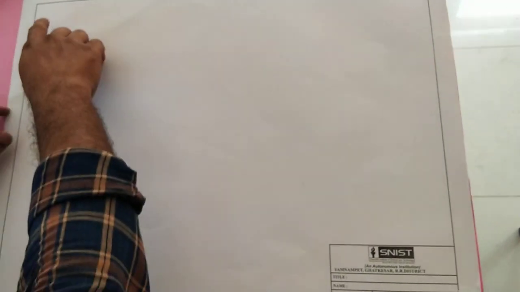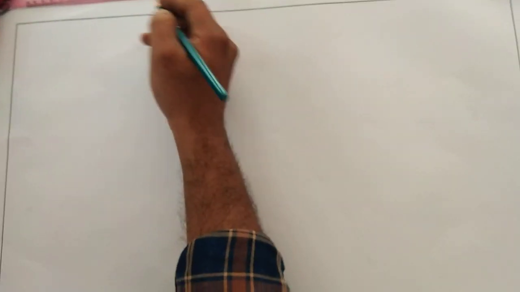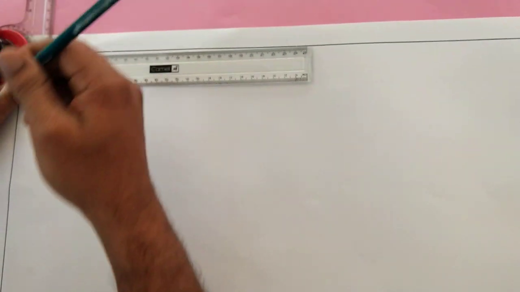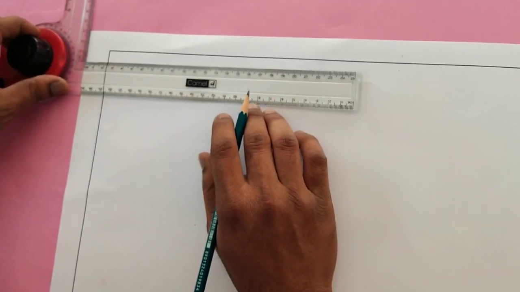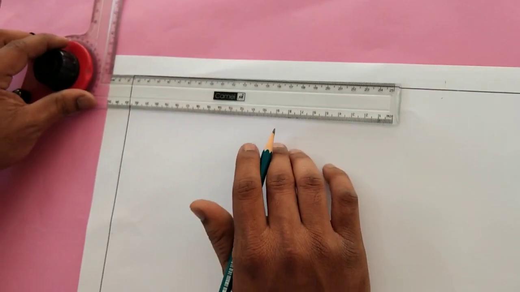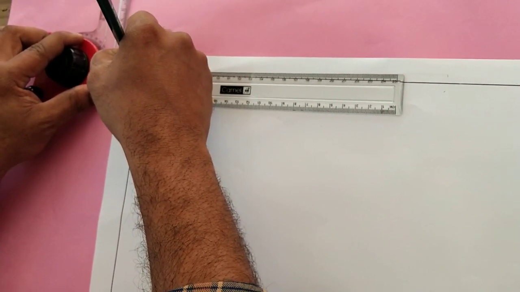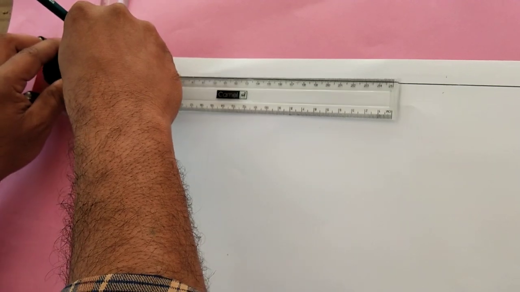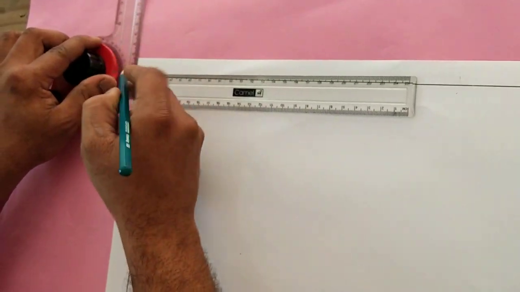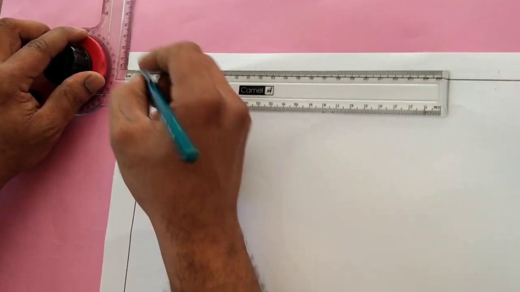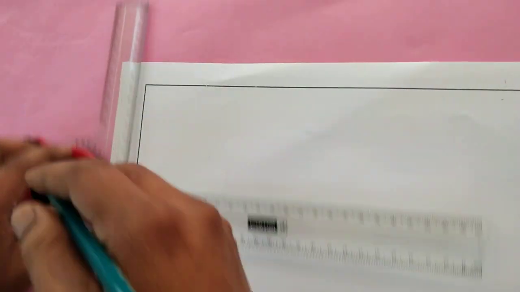Suppose there are no border lines in the drawing sheet, we have to construct the border lines with the help of an HB pencil, such that we can leave 15 mm or 1 centimeter, that is your wish. Here I am marking one point. This is showing 15 mm from the top end, and similarly from the left end. So we can construct the border lines.